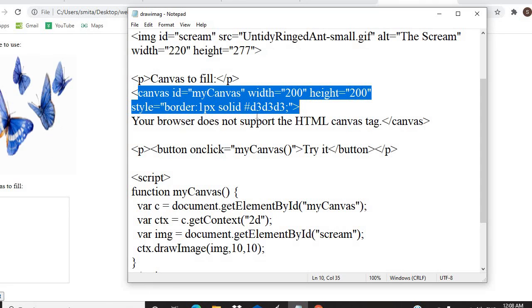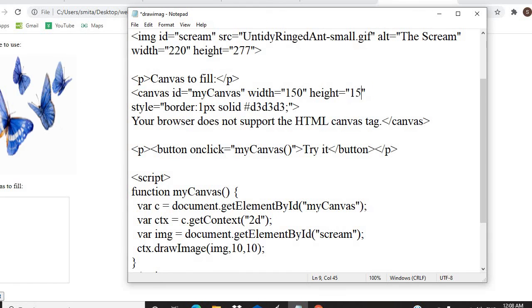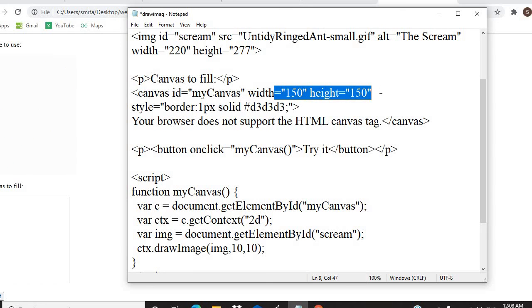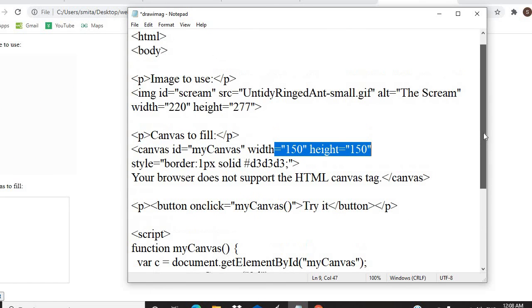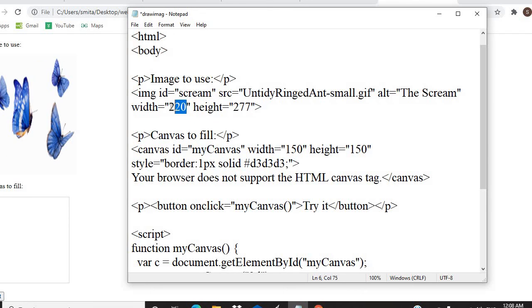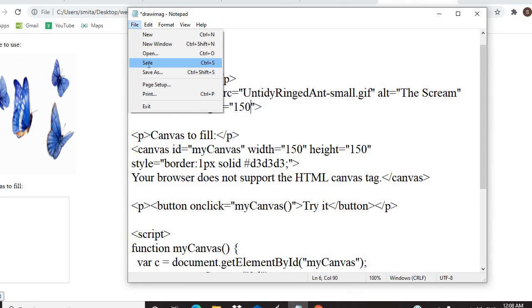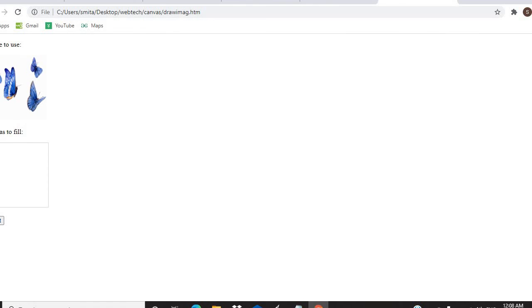If you want to resize, this is also possible. I will show you that also. 150 let's assume, and height also I am changing to 150. Okay, now you can see over here the height and width I am changing for my original image. This text area, the same option is supposed to be over here also. So for example over here also I will take 150 and 150. You can see the difference. Save the changes, refresh your browser. You can see this also gets reduced.